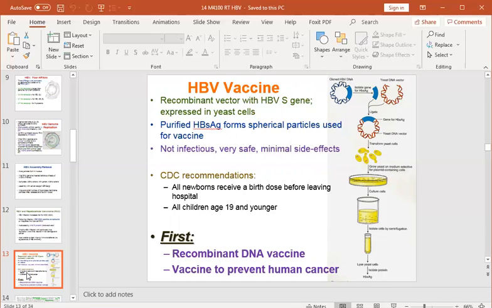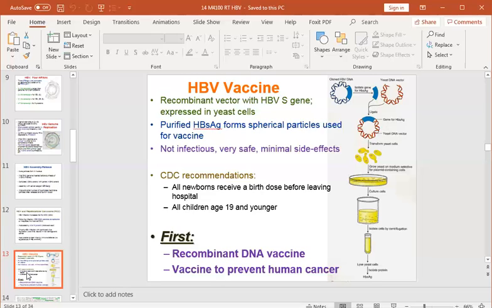We ligate it, so this sequence of HBV DNA will be incorporated into the yeast DNA vector. Then we transform the yeast cells, grow the yeast cells,